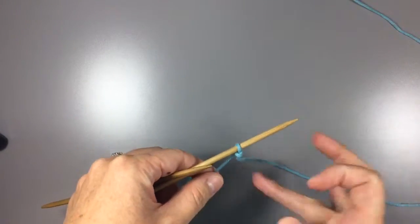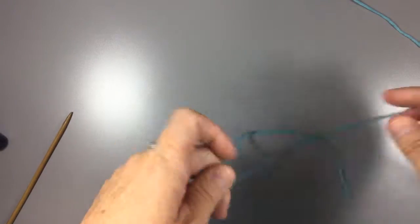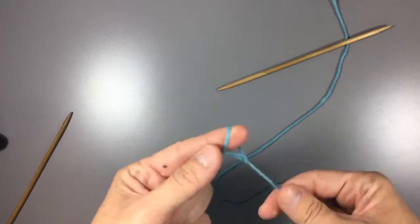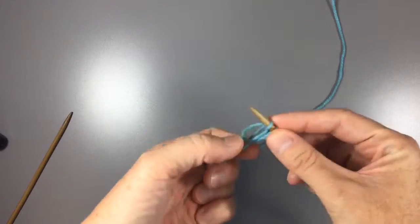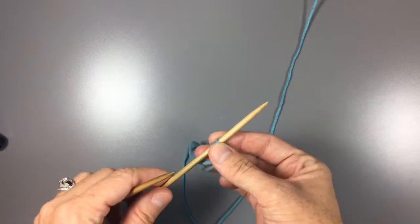So what I'd like to do now is show you how to work an I-cord, and I've got one stitch already going here. You'll need two double pointed needles, and you'll need 3 stitches on that needle. So there's 1, 2, 3. All right, you'll want to slide those stitches to the opposite end,